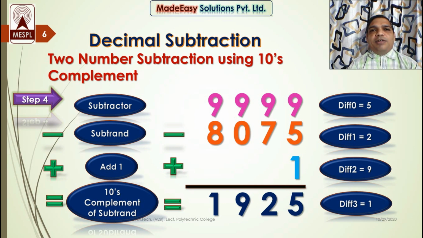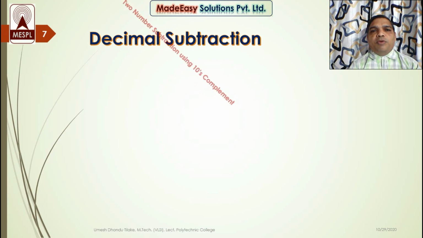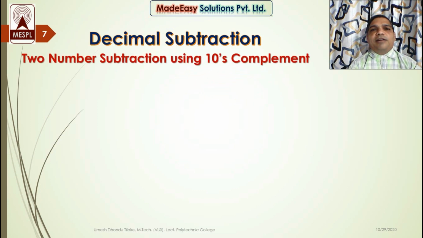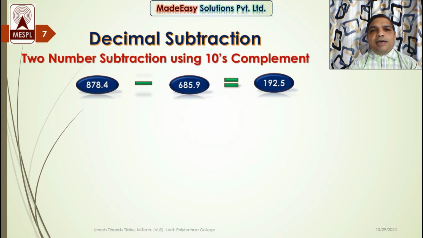Now it is not mandatory that every time our subtrahend is larger than the subtractor. Many a times, or frequent times, our subtrahend is less than the subtractor. So no doubt in that case we can use the conventional subtraction method, but as we are using the tens complement method, it's our duty to check whether this technique works in that case as well. So we will check the method when our subtractor is larger than the subtrahend. I have an example over here.